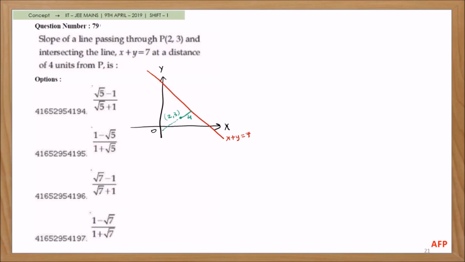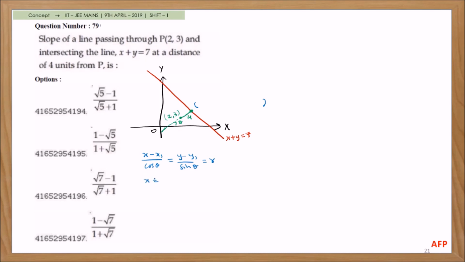So if you join it here, it is tan theta. Okay, so we are supposed to find this slope tan theta. If you find it itself, you are getting the answer. So now this point's coordinates we will find. To find these coordinates, we shall use the parametric form: (x minus x1) divided by cos theta equals (y minus y1) divided by sin theta equals r. So this is (x1, y1), this is r, the distance.